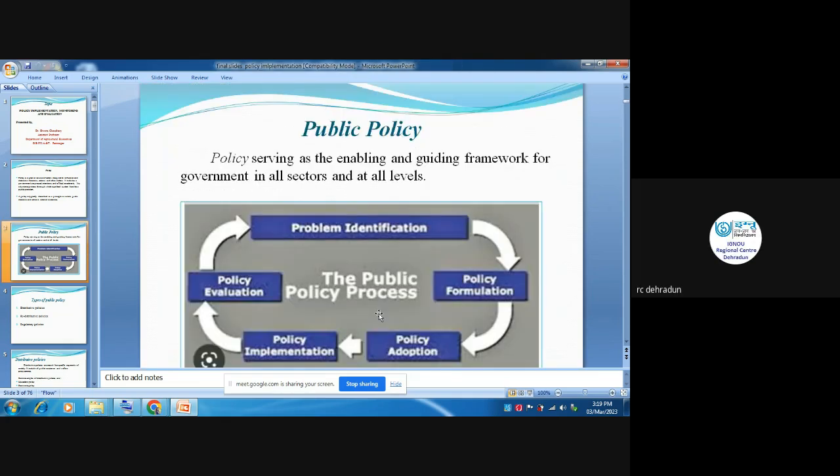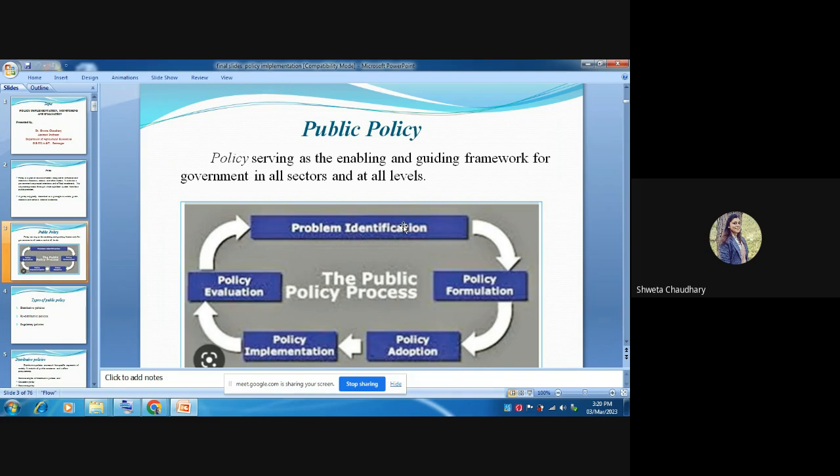Okay. Then this is public policy. Whenever the government has to define any policy for the public or for the people, then they undergo certain steps. The first step is that the government sees where the problem is, means problem identification. If the problem is literacy, the government will focus on education policy. So we will find out the problem.